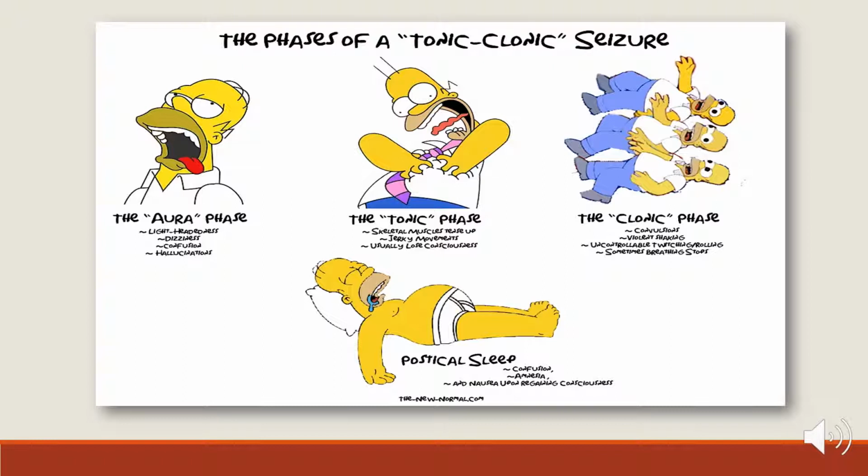Well, since he had an aura phase, we automatically know that it's a type of focal onset seizure. And then if you go to the tonic phase, he lost some type of consciousness. That means he wasn't totally aware of what was going on. So, I don't actually have the answer to this, but if I had to use my best educated guess based on all of the information presented, I would say that this is a focal onset impaired awareness seizure.